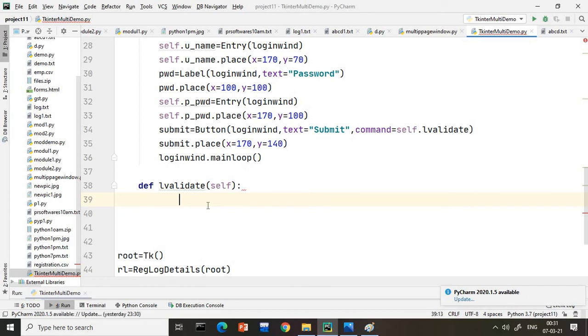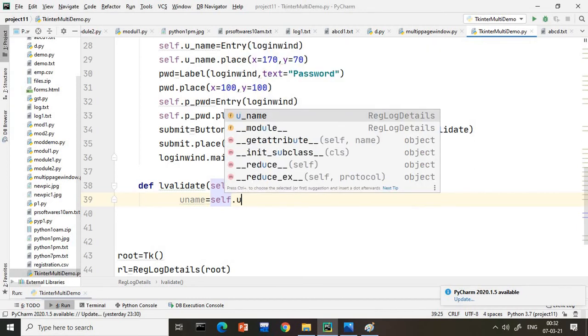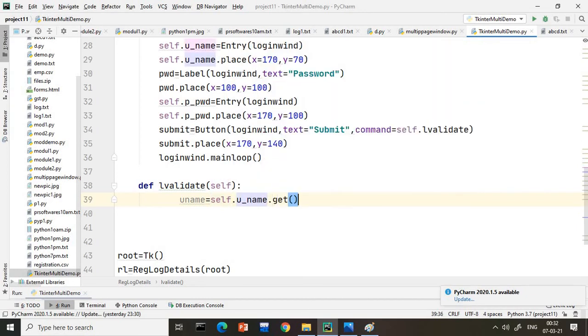How to call it here, and make sure that if self is not there, the data will not come here. That's why, for these entry boxes where I'm entering data, how to read it? Suppose I am creating uname, whatever data I read, I will store into uname: self.uname.get, nothing but get the data from that name. Whatever I enter, it will be read by using self.uname.get, and make sure the name you gave here and this name match, uname. Dot get is a method, so this name and this name are matched. Now the data will be read.